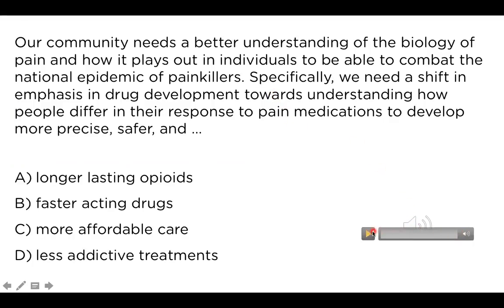3, 2, 1. Our community needs a better understanding of the biology of pain and how it plays out in individuals to be able to combat the national epidemic of painkillers. Specifically, we need a shift in emphasis in drug development towards understanding how people differ in their response to pain medications to develop more precise, safer, and